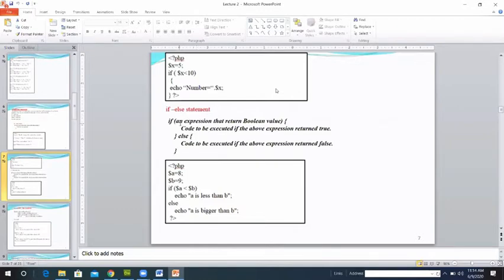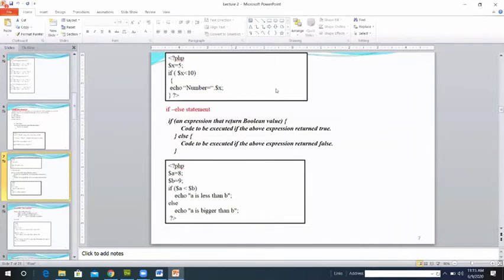Then use the if-else statement. If you have the if-else statement, you write the if and then the expression. Then you write the code to be executed if the above expression returns true. If not, after writing the curly bracket, you write the else part.